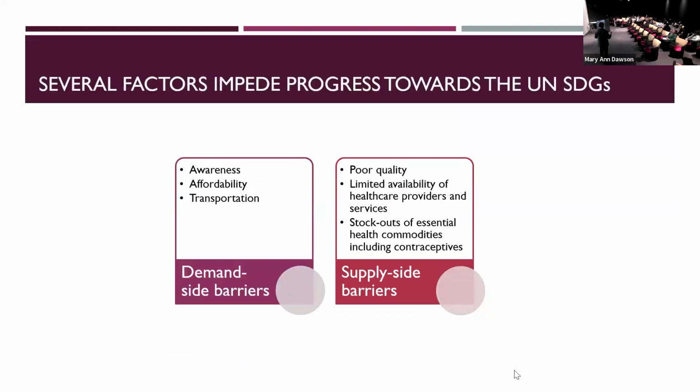Okay, so the natural question that arises is, what is actually stopping countries from progressing towards these SDGs? There are many different reasons, so I'm going to bucket them into two different buckets. The first is what we call demand side barriers. Even if supply is there, oftentimes there are demand side barriers because of which people cannot access these services. That includes, first of all, lack of awareness. If I don't even know what the benefits are, I'm not going to seek the services being offered. The second is that in many cases, people have to pay, so affordability is definitely a concern.